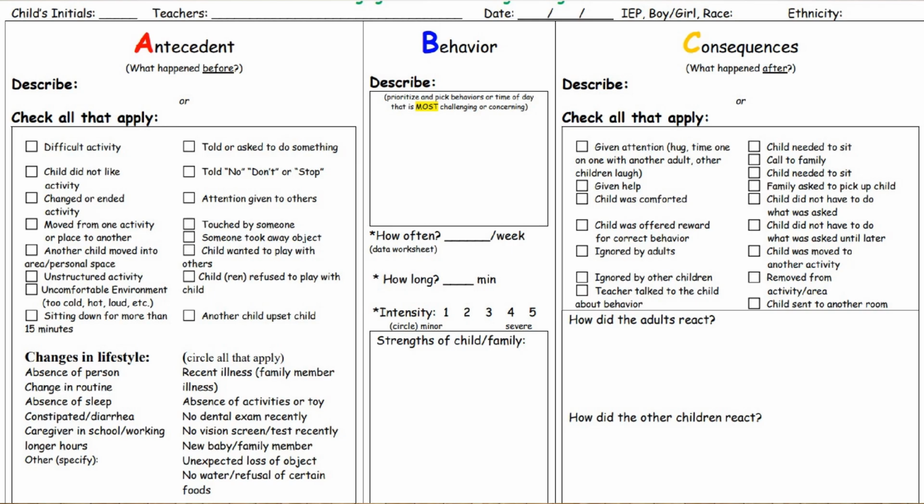Anyways, I like this particular chart. If you don't, that's fine. You don't have to use it. There are a lot of different versions out there, and you can find the one that fits you best. You just need to take enough data to be certain about why this behavior is occurring. What is the purpose of this behavior? And we'll go further into that.